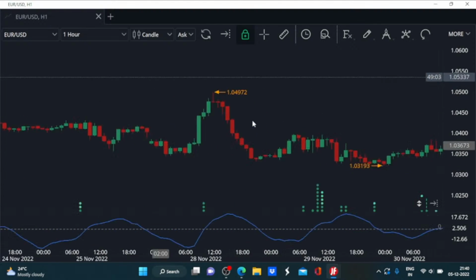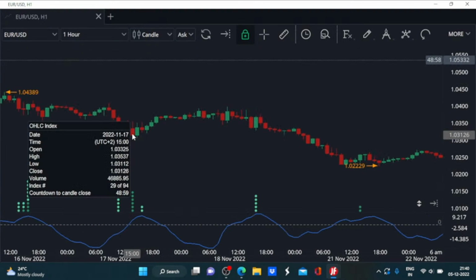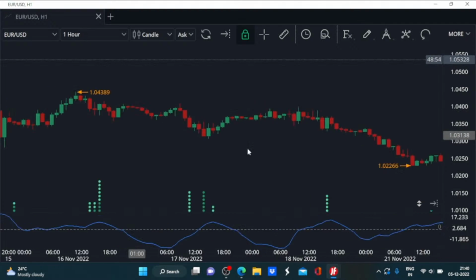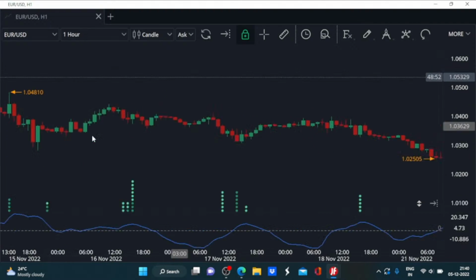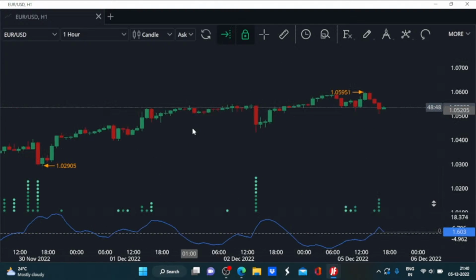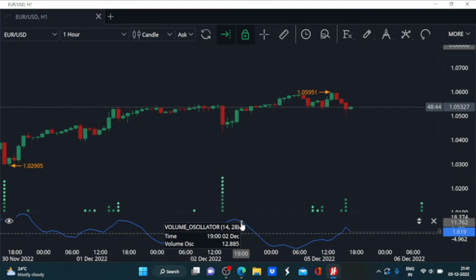So you can go back in time and see what kind of formation has worked most of the time, or more than half of the time. And if that is the case, I think that is something you can then utilize to look for the opportunities in the market. Okay,